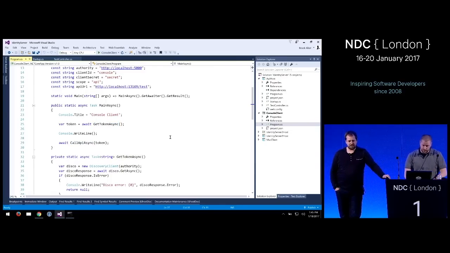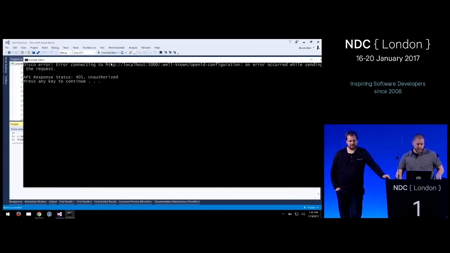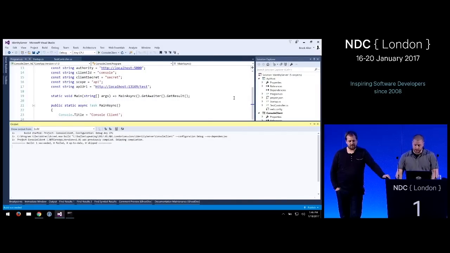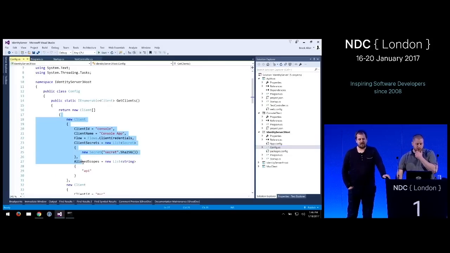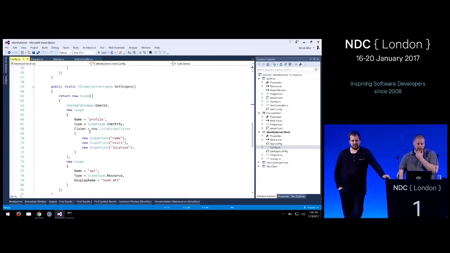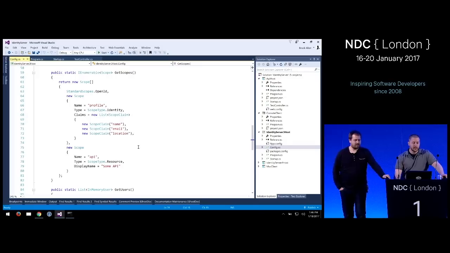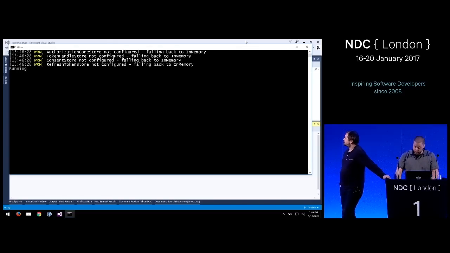So I guess we can run this one first to see that it's working. And really, all this did... I'm not actually running IdentityServer. Okay, let's do that first. So here we have our IdentityServer 3. Actually, while I'm here, I can poke through the config. We have registrations for both our console application and our MVC application. And then down below, we have the user data that we're going to be exposing to our MVC application. When the user logs in, the app may want the name and the email. And then, of course, this models our API. So if I run this first, that's IdentityServer 3 now running.